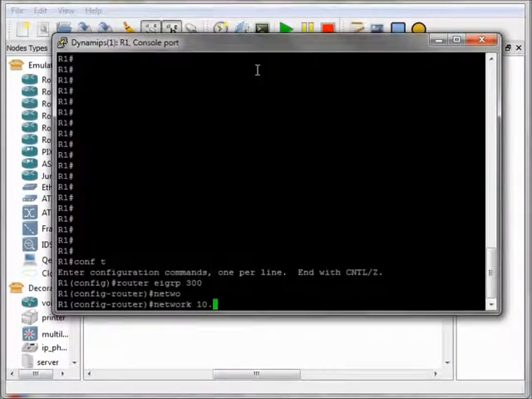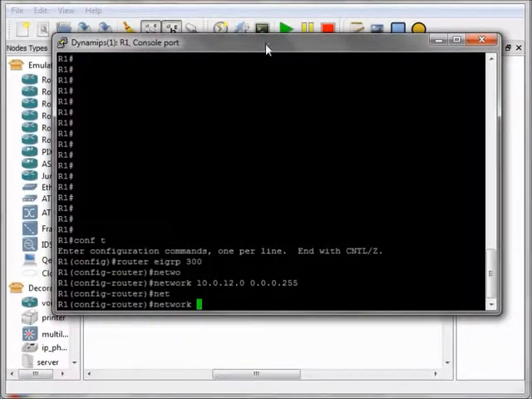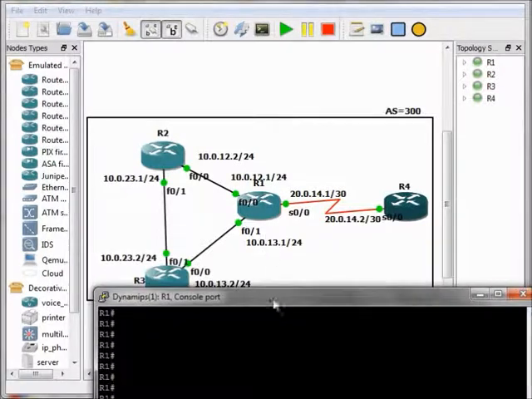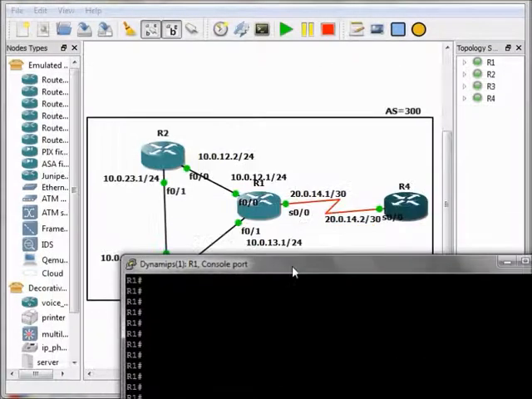10.0.12.0. 10.0.12.0/24 means 255.255.255.0. The wildcard mask is obtained by changing every 1 to 0 and every 0 to 1. This means the wildcard mask is 0.0.0.255. The second network is 10.0.13.0/24, 10.0.13.0. The wildcard mask is 0.0.0.255. The third network is